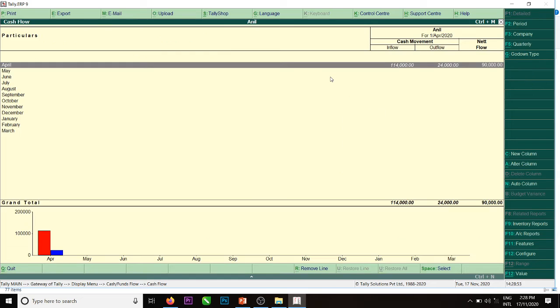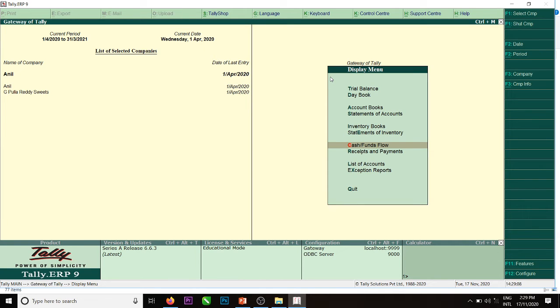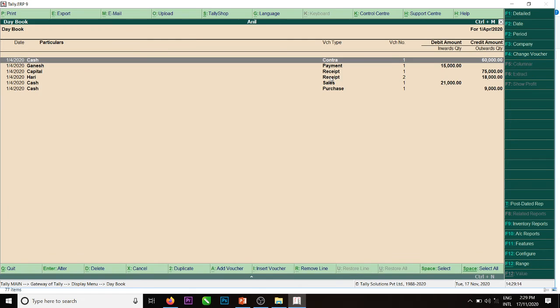Cash flow, only cash related will be shown. Cash received inflow is 114, outflow is 24, and the balance is 90,000. Okay, that is cash flow. Trial balance, day book. We can see the day book. This is day book.